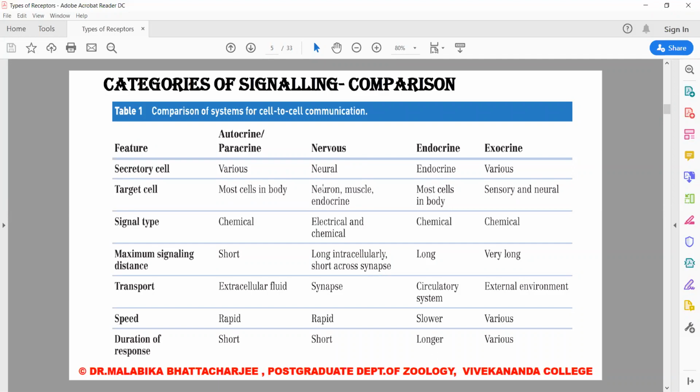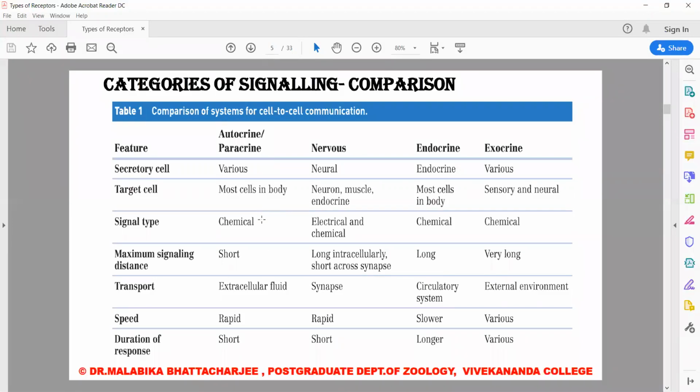Since the second semester has not yet read plasma membrane, but I'd like to mention one point. In plasma membrane, there are certain junctions known as gap junctions. So when electrical stimuli moves through neurons, the gap junctions are used to transfer these stimuli. So the nervous system deserves special mention and thus has been kept as a separate column in this comparative table. But let's ignore the nervous system right now.